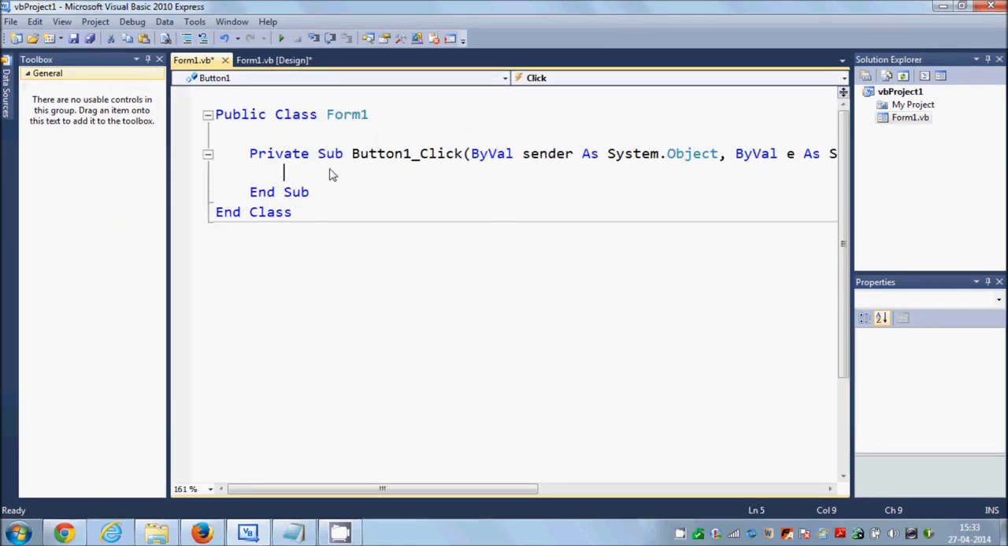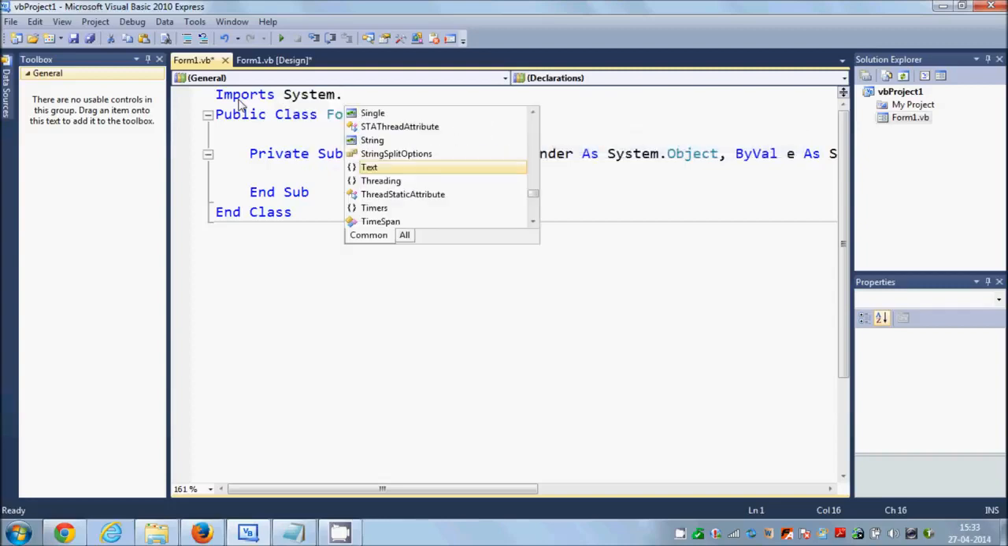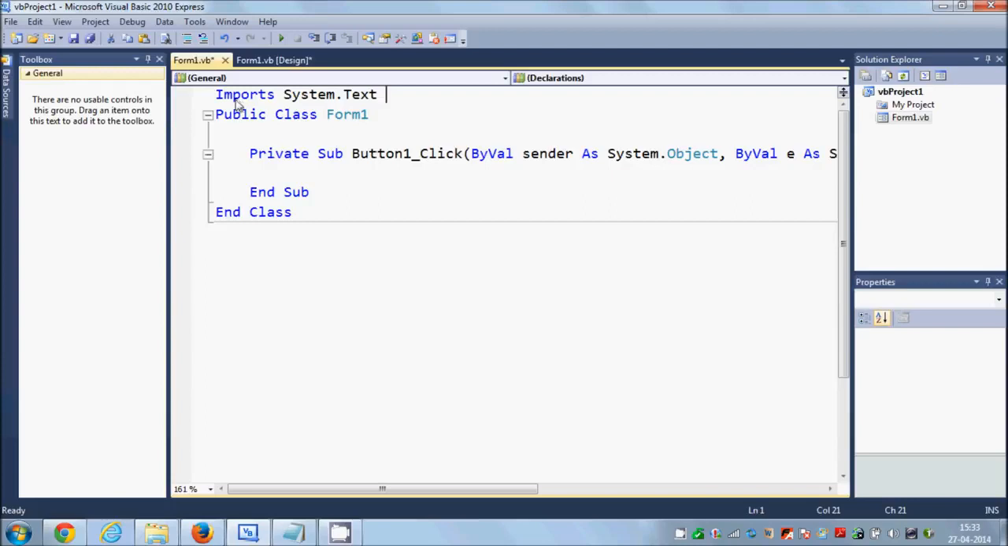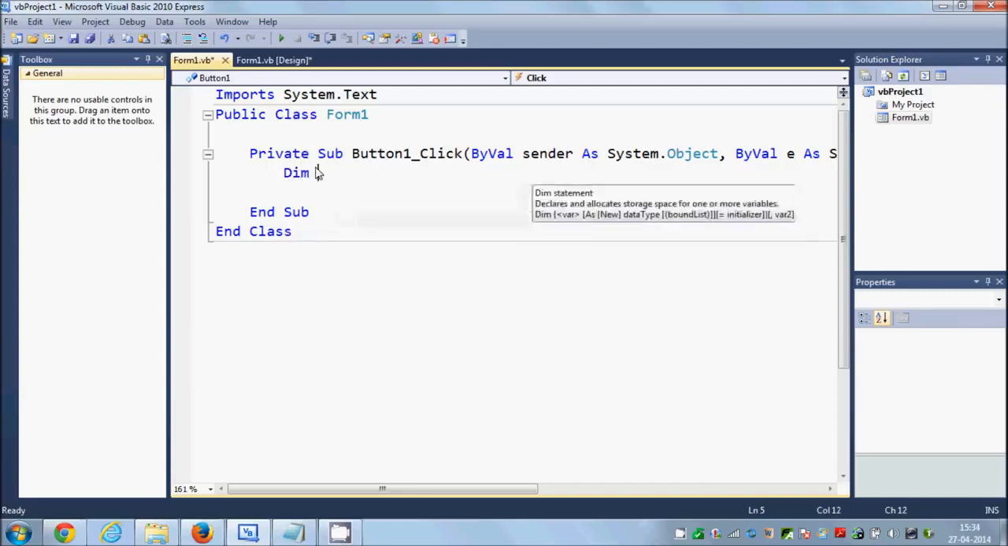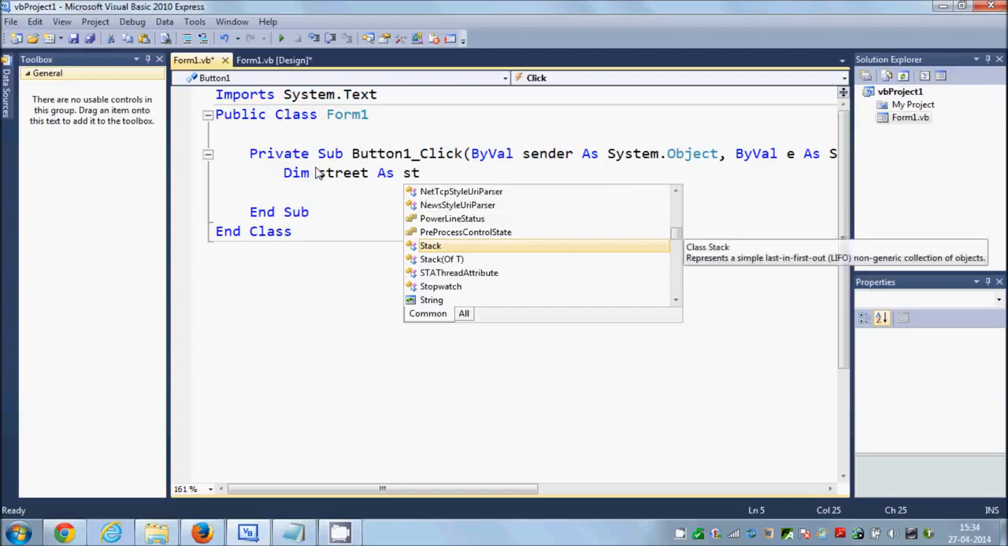Now I'm going to double click this button, and in here I'm going to write the code for searching whatever I enter in my text boxes and showing it in the web browser in Google Maps. But first of all I will import one library, import System.Text, and then I will declare four variables: dim street as string